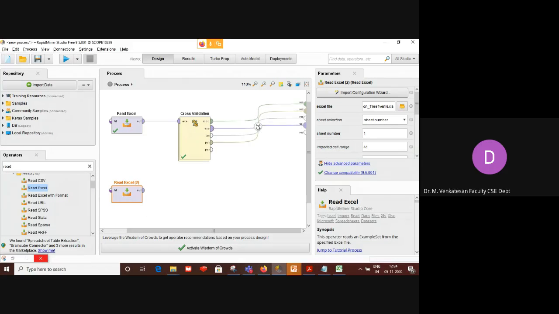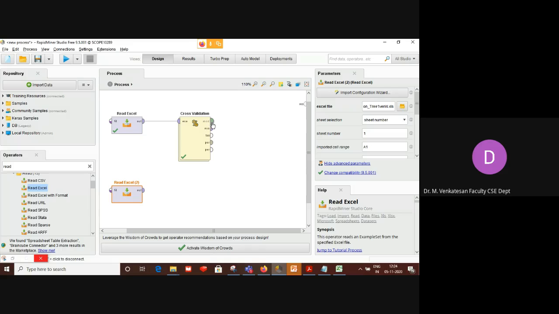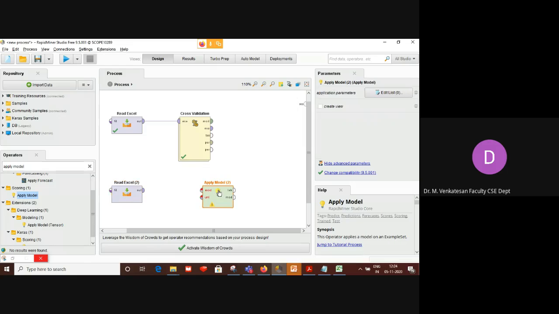Now what I want to do, I have built the model. Model is here. I want to apply this model on this data. Okay. So I'll go for apply model. What is the input?